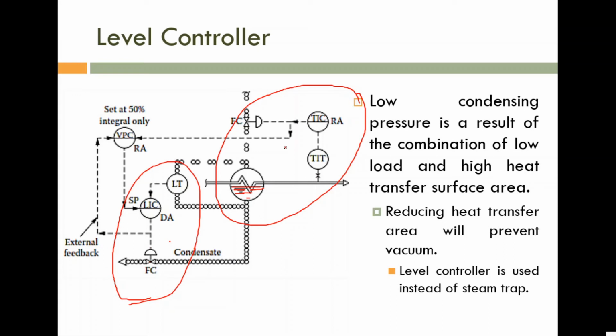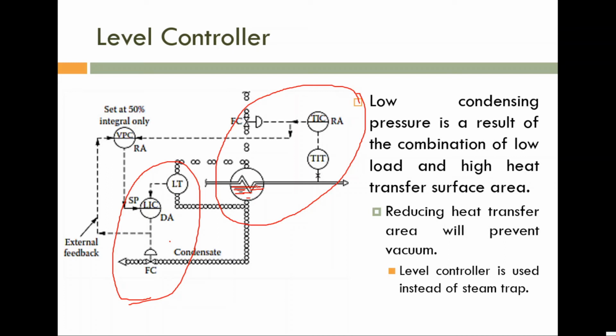Is it okay? So we are maintaining the liquid level constant. But in some situations, we have to change the liquid level. Can you say what that situation is? If the current heat transfer area is not sufficient, if the increase in temperature required is very large, then manipulation of steam flow rate is not sufficient. We have to increase the heat transfer area.